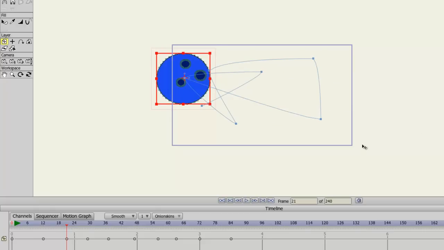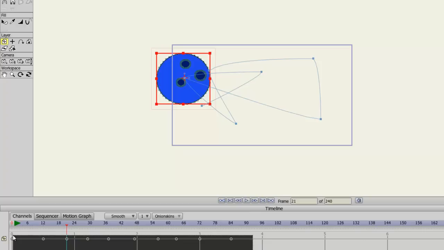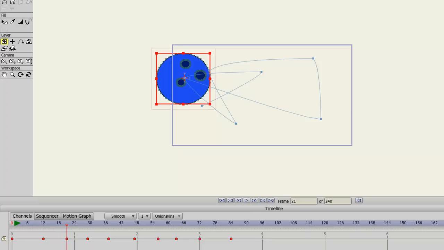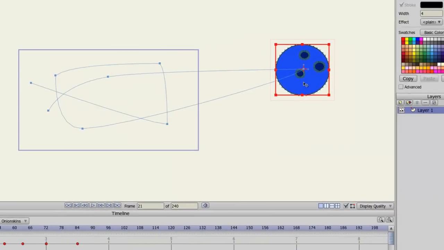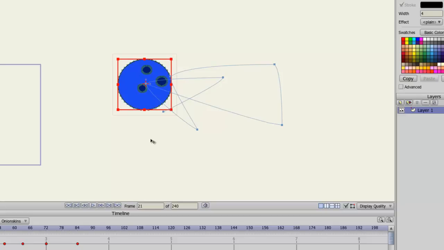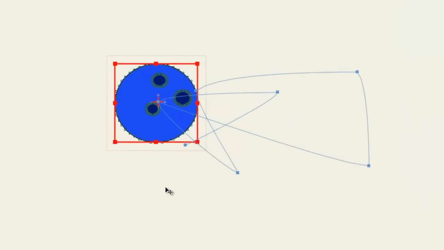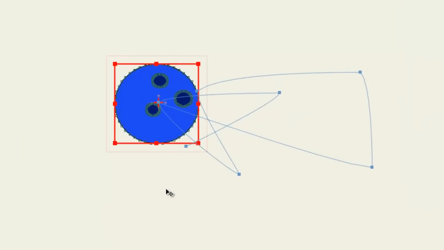However, now, if you come down here to your timeline and highlight all of the keyframes, and then move the animation or that particular keyframe where you want it. So I can move it like over here and release. You can see now it moves that entire animation where you want it to go